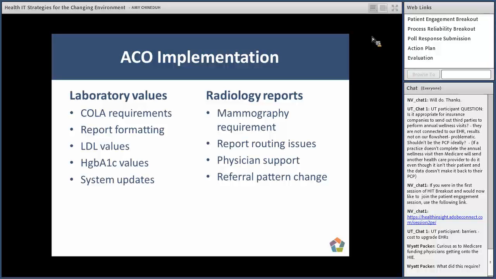So on the ACO implementation, I wanted to give you an example of the types of obstacles we had to overcome, because one of the things that you need in order to be good at HIT implementation is understanding. In laboratory values, there are very strict requirements with COLA, who is the governing agency for all laboratories across the country. COLA determines how the report is presented to the physician, and the report has to meet certain COLA requirements